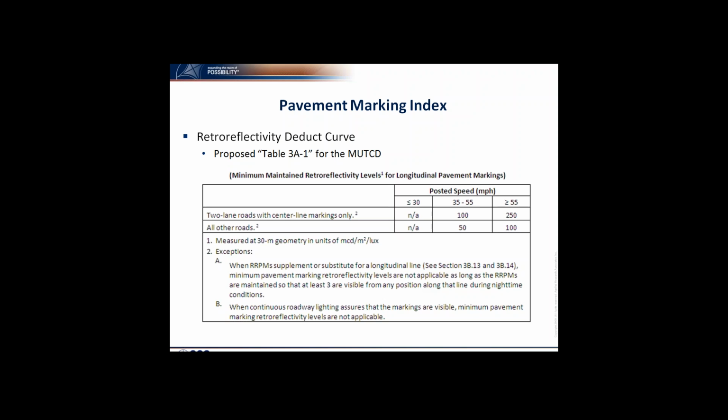So the timing of this guide for IDOT is very good for them, because they'll be able to use that. But this is the proposed table that's in the proposed amendments to the MUTCD, if you're familiar with that. That's the Manual and Uniform Traffic Code Devices. So we use this proposed minimum standards to help us define where we wanted those cutoffs on the retroreflectivity deducts